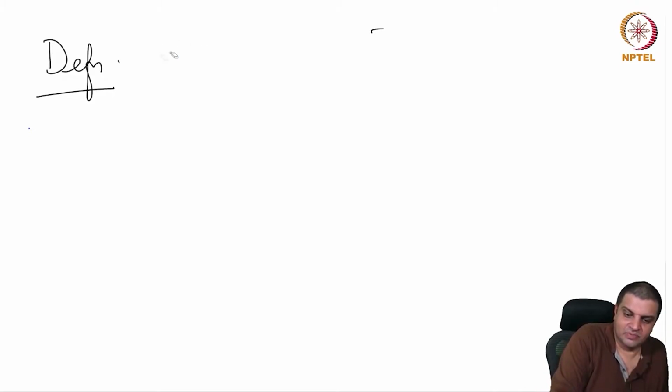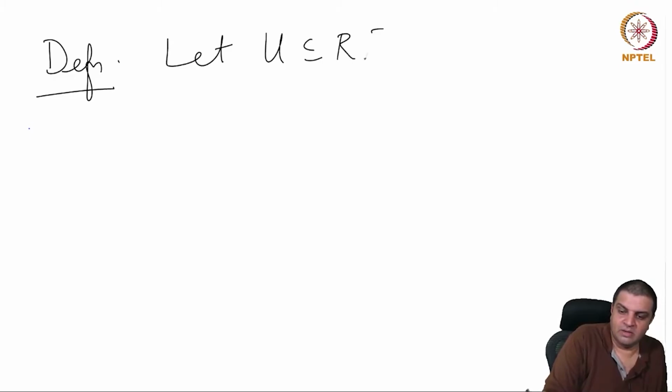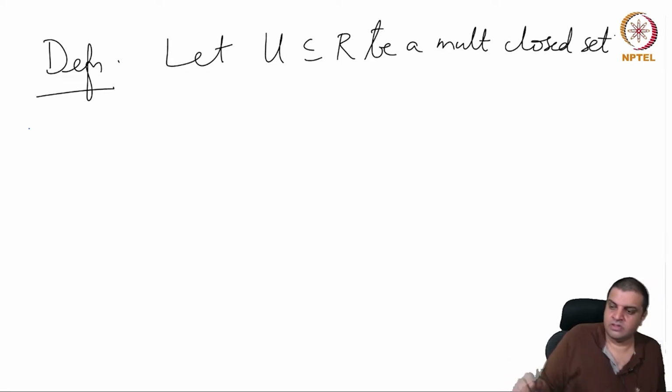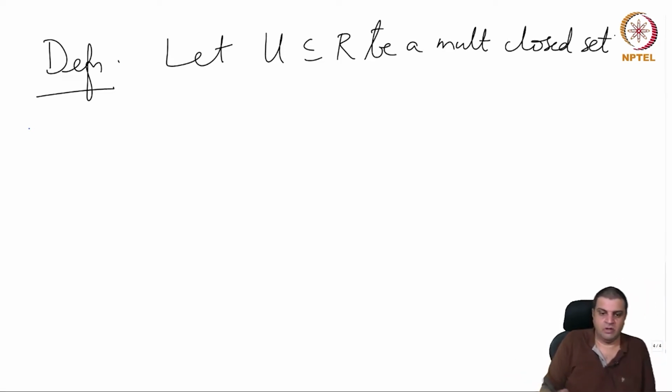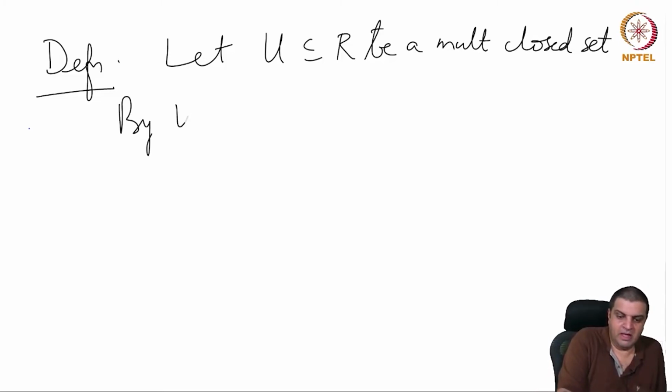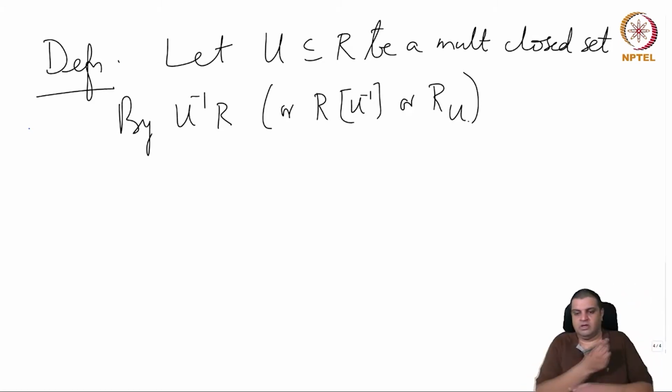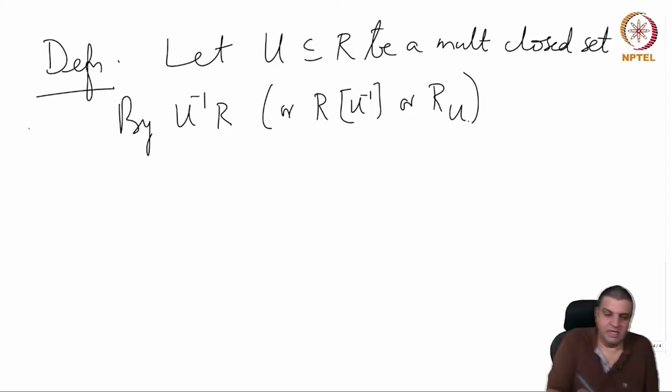Let U inside R be a multiplicatively closed set. By U inverse R, or R adjoint U inverse, or R sub U, various notational conventions used by various authors, we mean